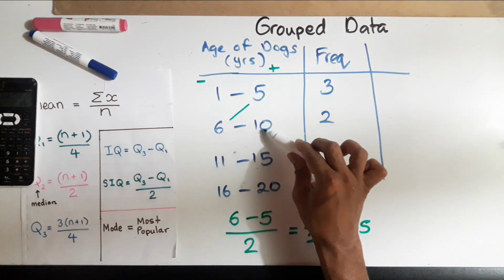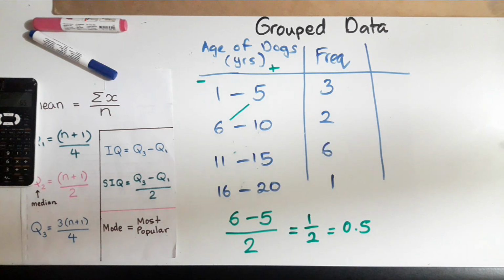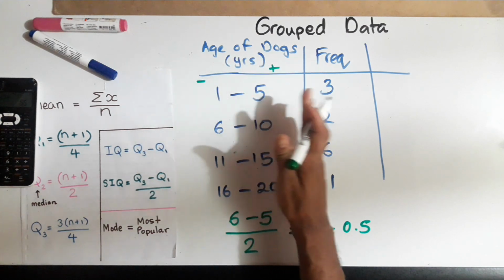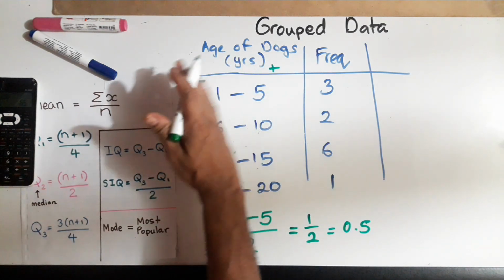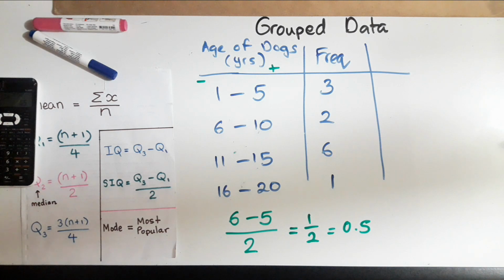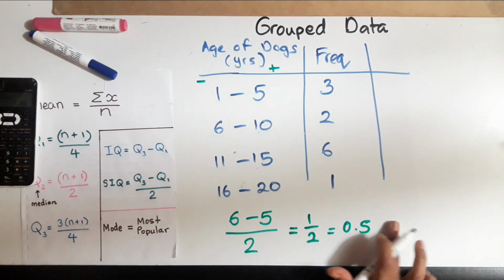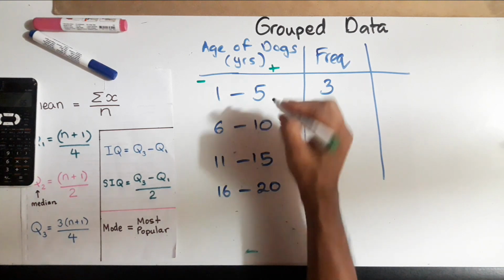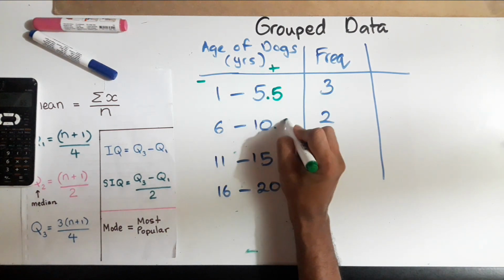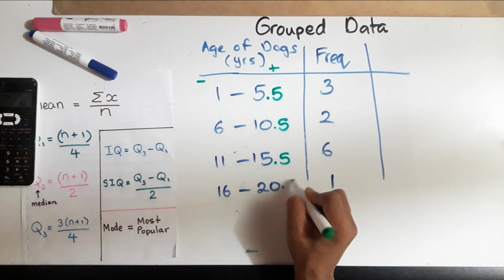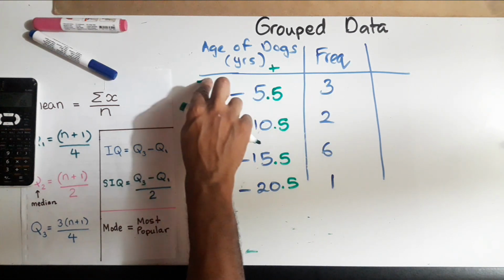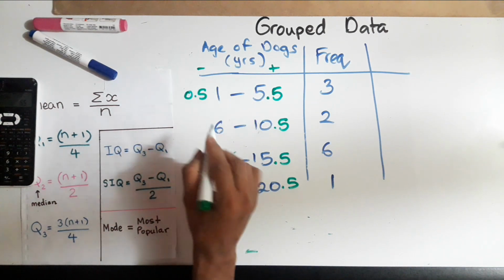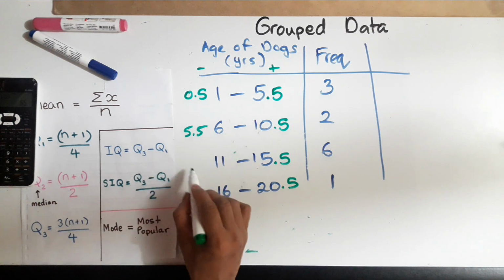Because 11 minus 10 is 1. 1 divided by 2 is still 0.5. So to all the numbers on this side, we have to add 0.5. And to all the numbers on this side, we have to minus 0.5. Okay, so I need to erase this here, and I'll explain why I am adding the 0.5 and minusing the 0.5. So I add 0.5 to all the numbers on this side, and I minus 0.5 from everybody on this side. 1 minus 0.5 is 0.5, here I get 5.5, here's 10.5, and here's 16.5.